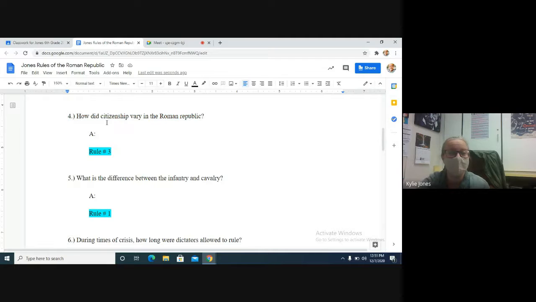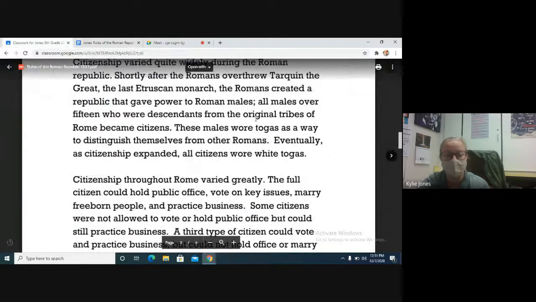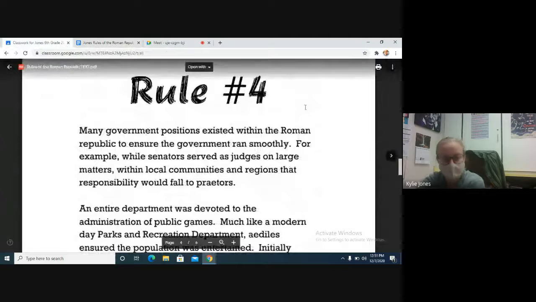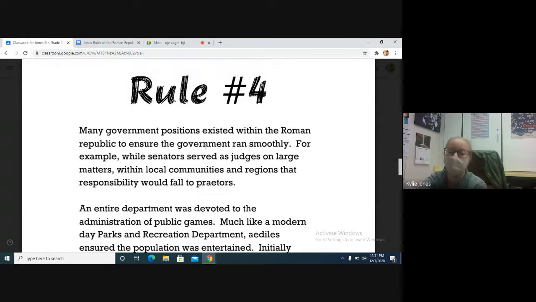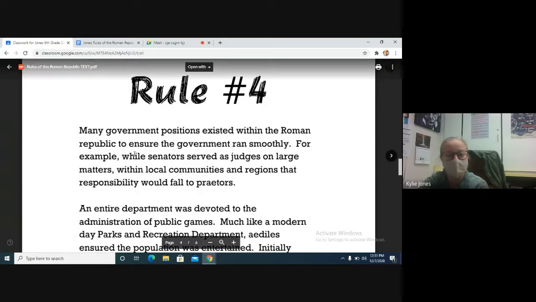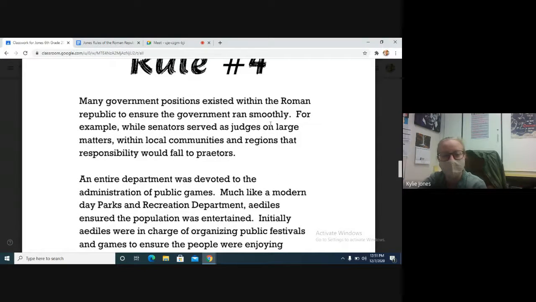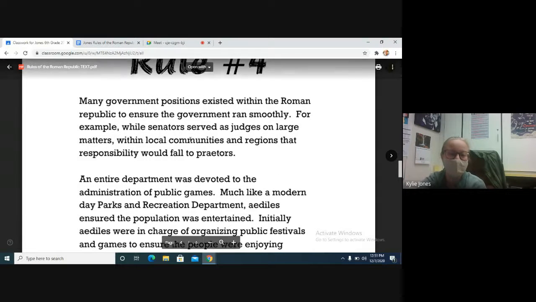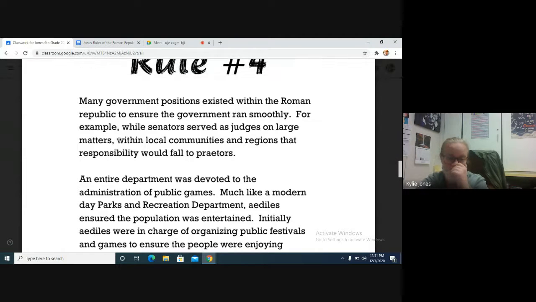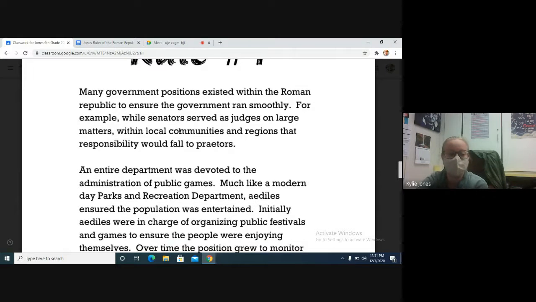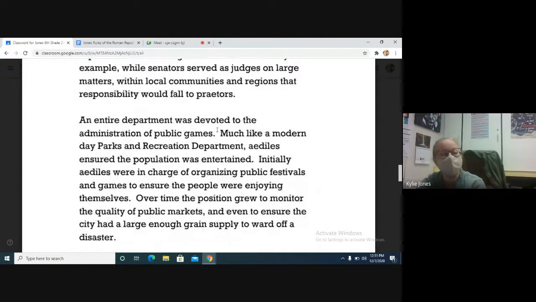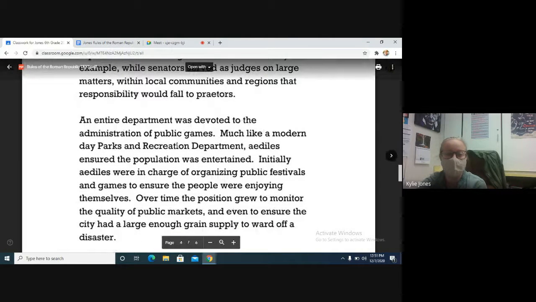But our next one, rule number 4. I'm going to read through that one. This one talks about different government positions. It says, many government positions existed within the Roman Republic to ensure that the government ran smoothly. For example, while senators served as judges on large matters, within local communities and regions, that responsibility would fall to the praetors. I don't know what a praetor is. That's okay. An entire department was devoted to the administration of public games. Much like a modern-day Parks and Recreation Department,